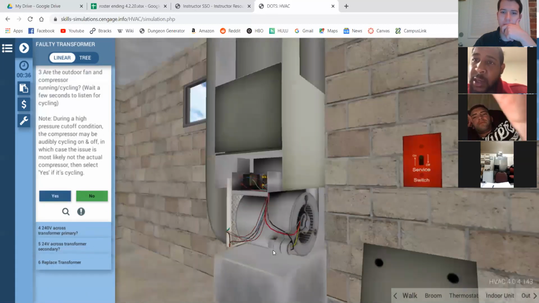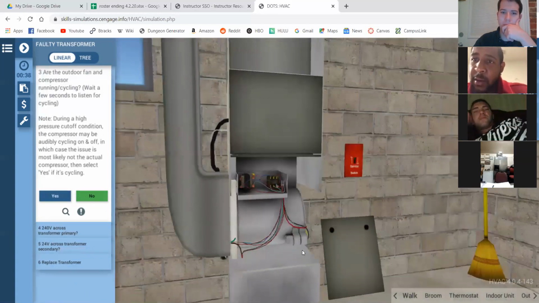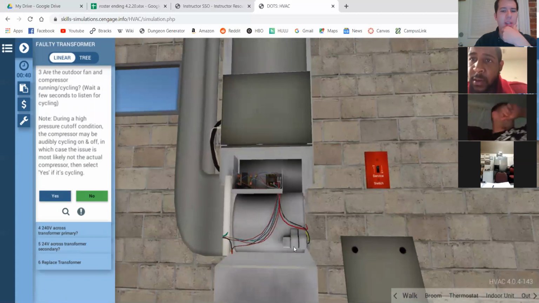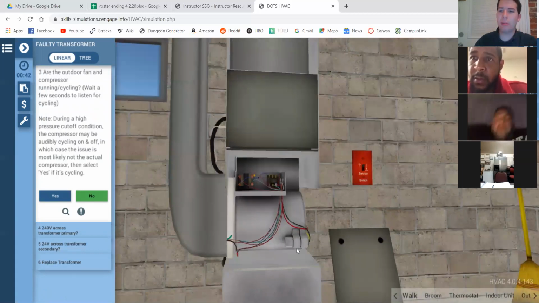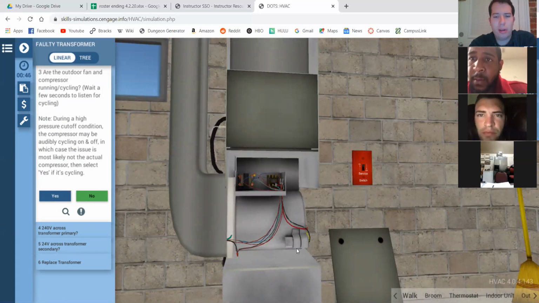So is that what we checked, the relay? Not yet. Check one more thing before we go into the relay. So we checked to see we got our thermostat. We set it to cool. And we got our